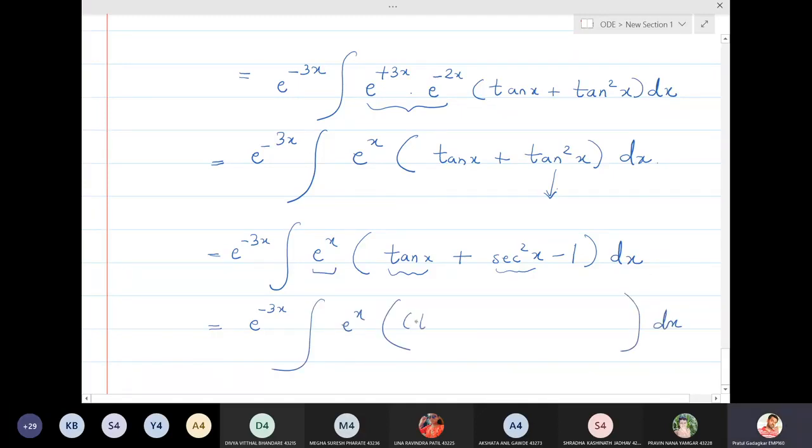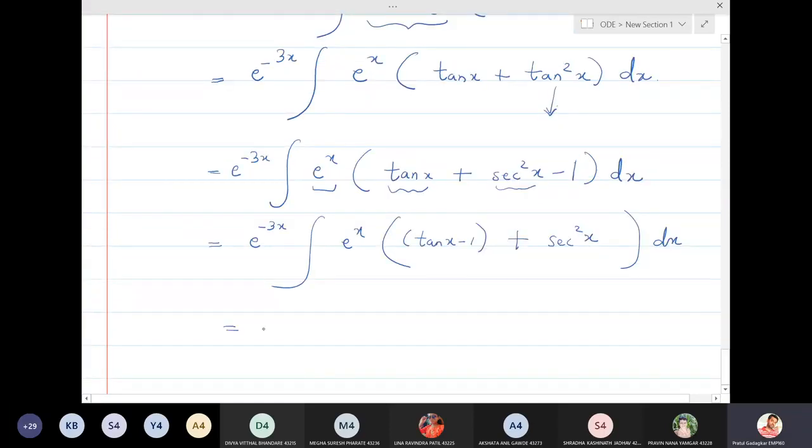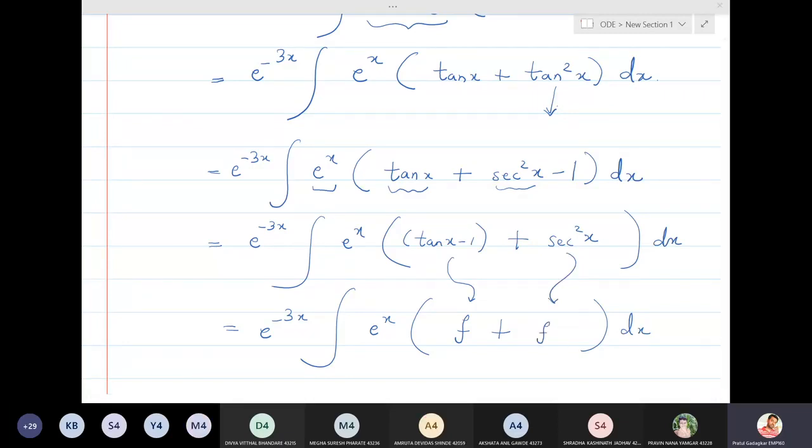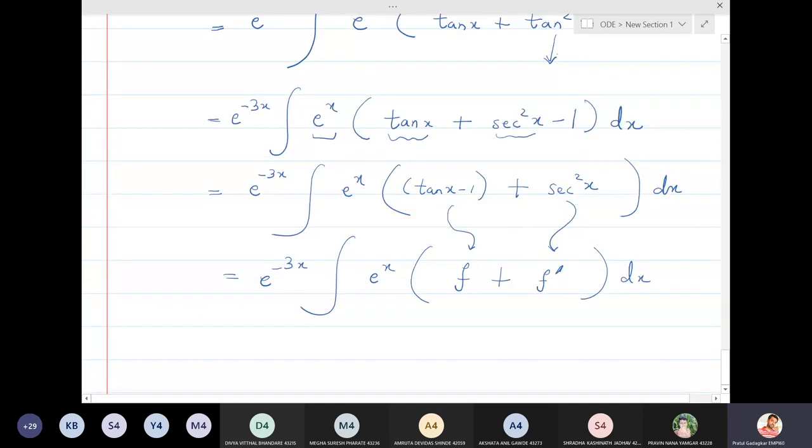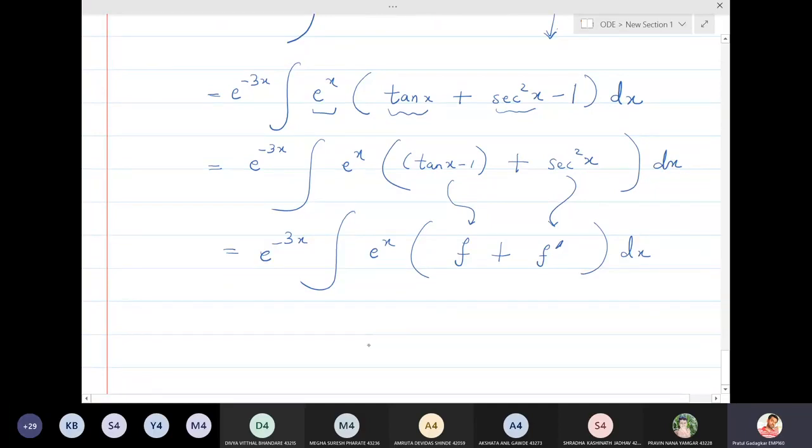What I will do here is tan x minus 1 plus sec square x, which is now looking in the format of our well-known formula e raised to x, f plus the derivative. The derivative of tan x minus 1 is sec square. This is the reason I took this 1 inside the bracket, because the derivative of 1 is going to be 0. So this will be f plus f dash. And what is the formula? Who is f here? f is tan x minus 1. And what is the answer for this integration? It is e raised to x into f,